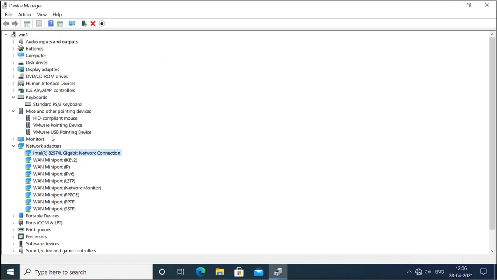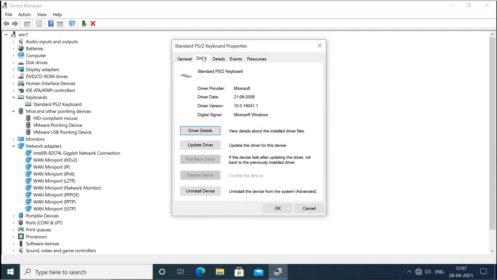This is not available right now because I have not installed any driver for the device. Any of the devices you go and check, it will not be available until you install the drivers. Let's say this one, properties, drivers. Again, this rollback option is not available. It is also not showing the disable device option, because this device you can't disable. This is the basic system device. It is actually the keyboard. Without the keyboard you can't do anything, so you can't disable it. This was the network adapter. So the network adapter we can disable.